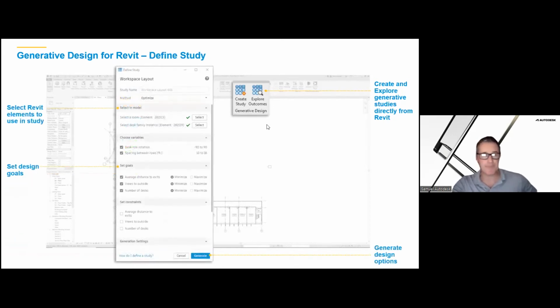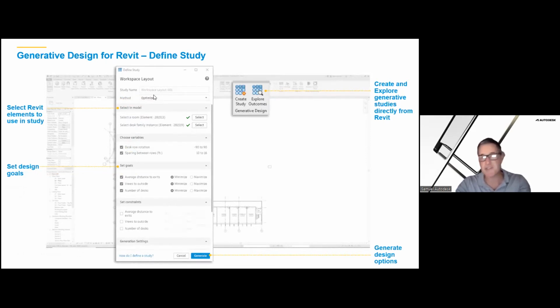We have the inputs here. So this is moving into what you want to actually select and work with. So the simple example before was like the liquor store from Stammer. All you're doing here is you're selecting a room, and then you're selecting a bit of furniture to optimize in that room.